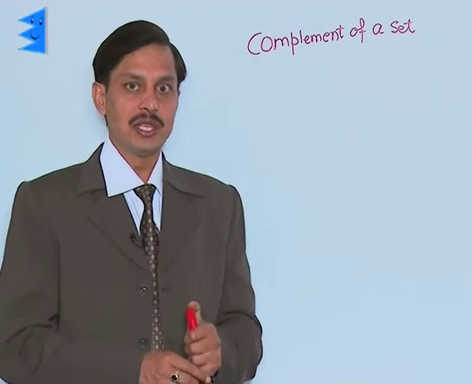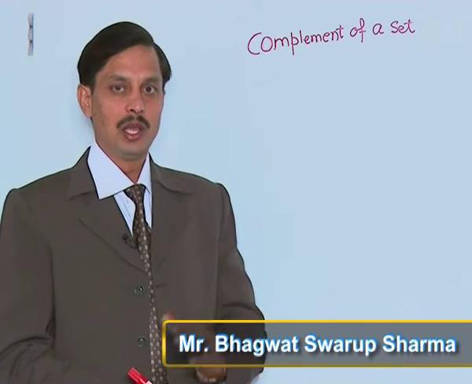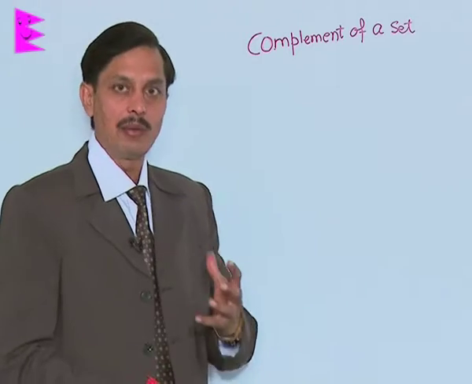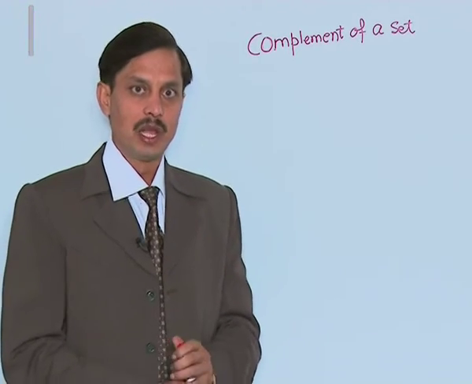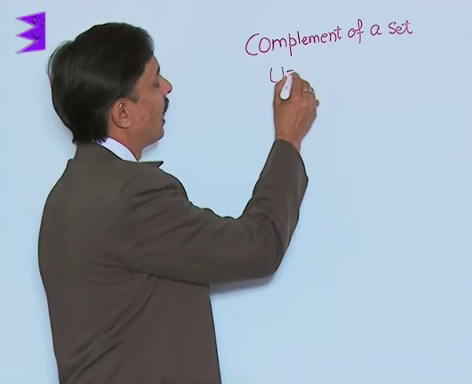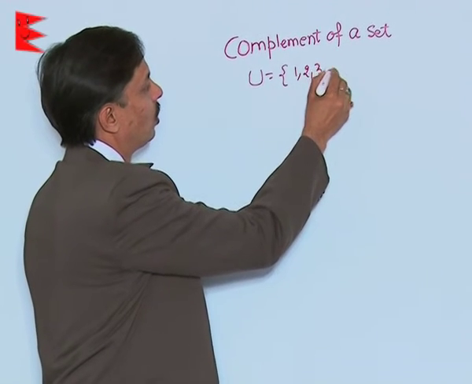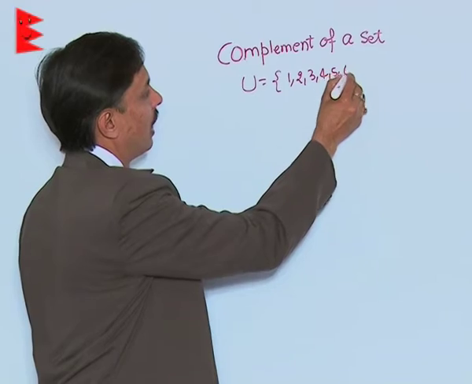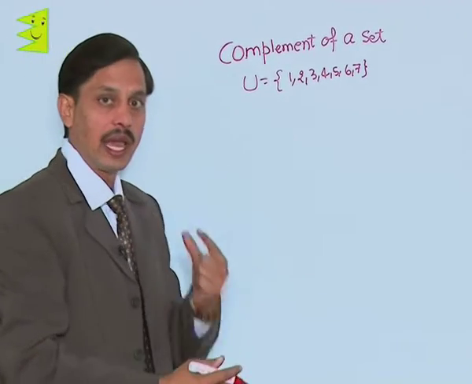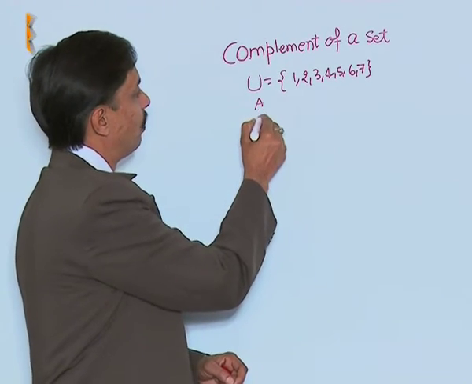Now the next is how to find the complement of a set. To find the complement of a set, we must have one universal set. Basically, it is like this: if U is any universal set having the elements 1, 2, 3, 4, 5, 6, 7, say for example, U is any universal set and A and B